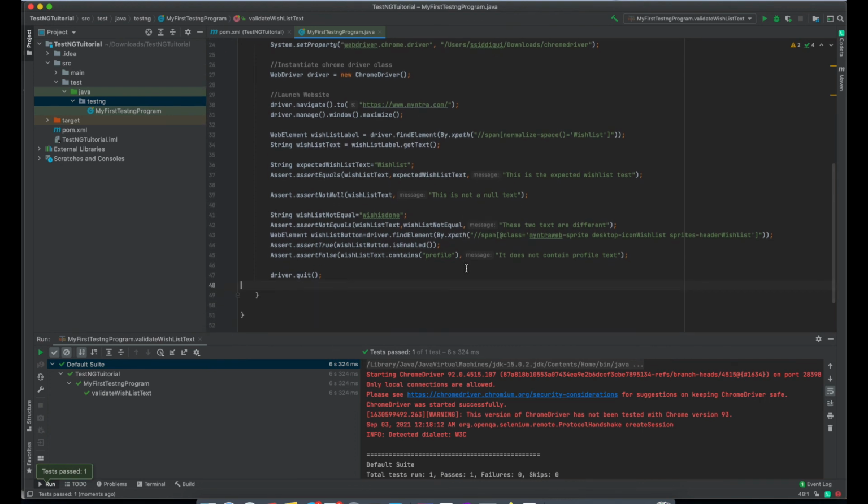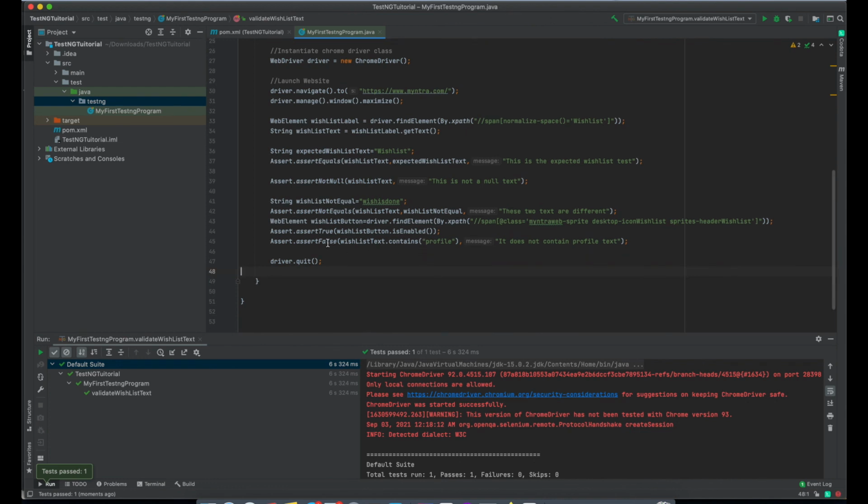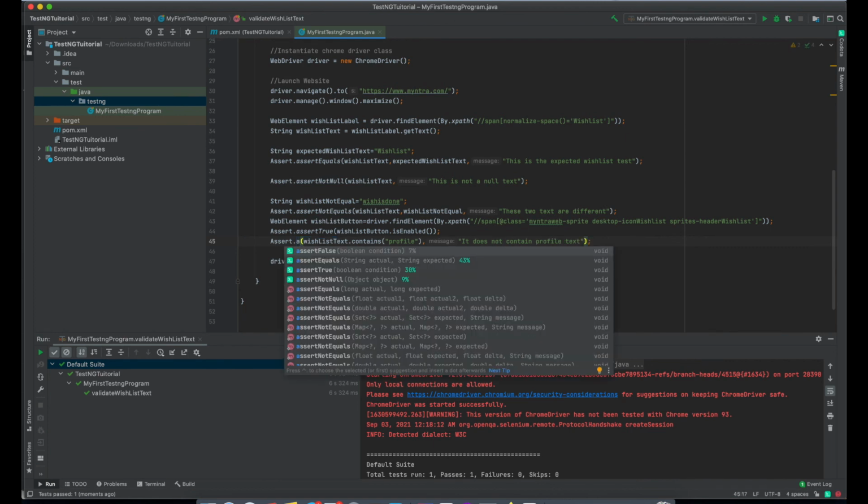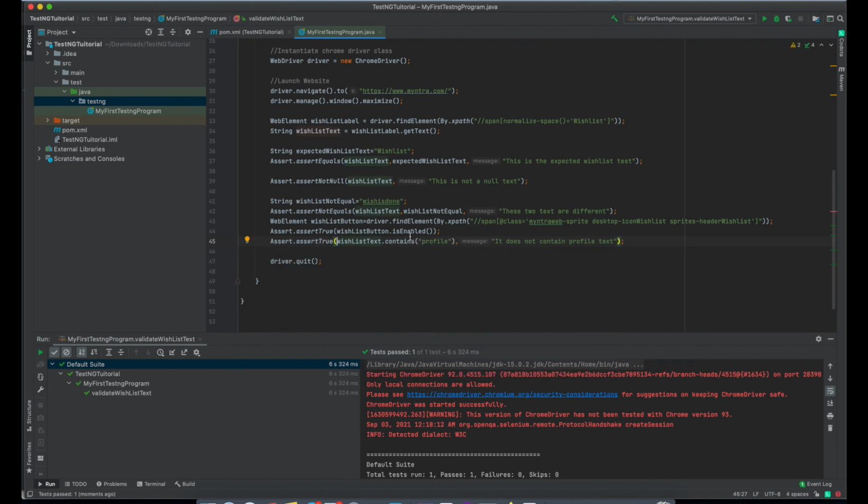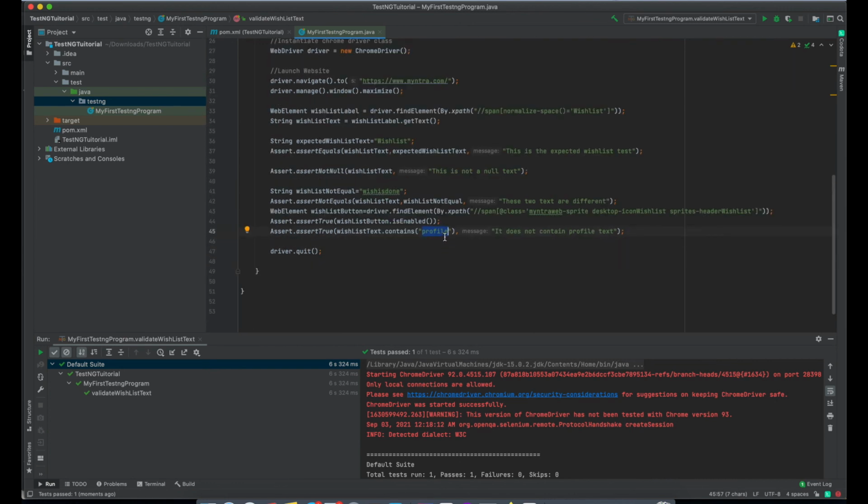And if we want to validate something, let us see if this is working correctly. So what I can do is write it as assert true. Actually this will fail because we are validating it should contain profile, but in reality it's not containing profile.